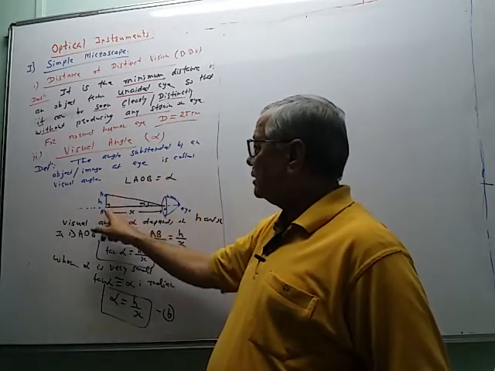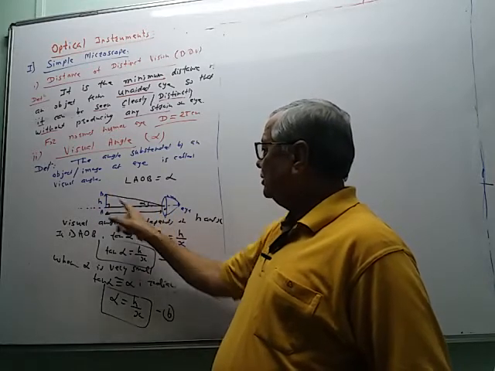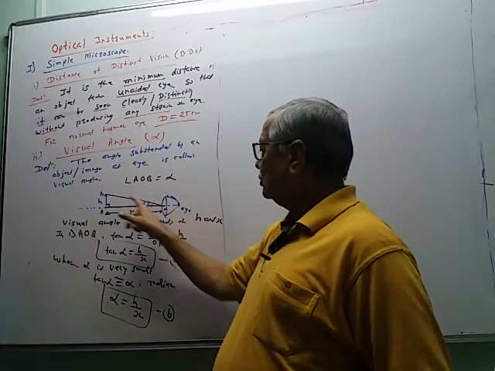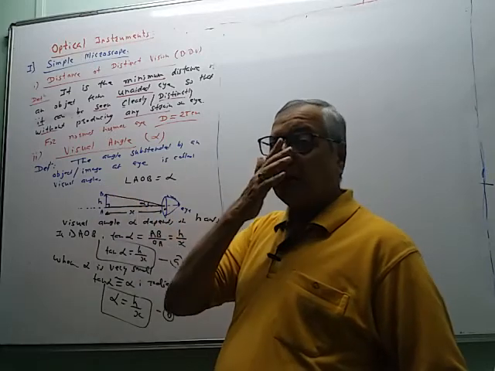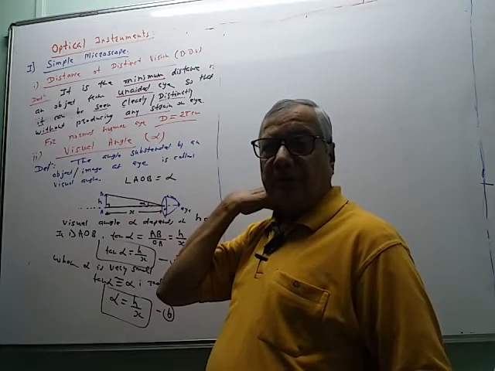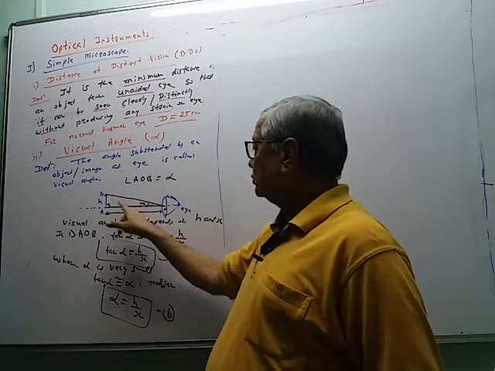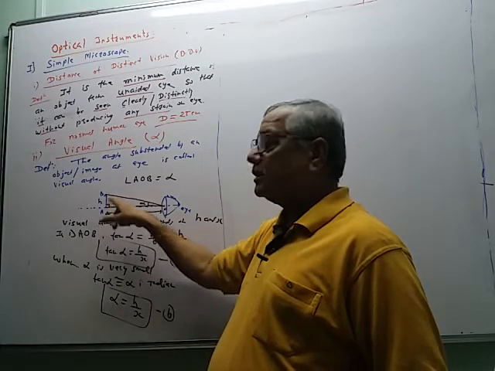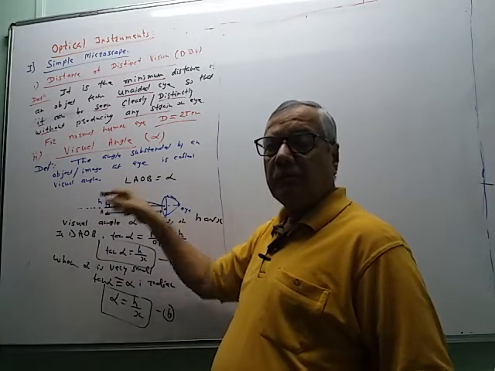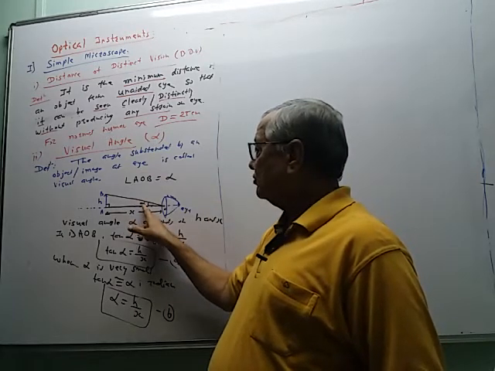So in this figure, AB is the object, this is the eye lens. O is the optical center. Join A to O, join B to O. These are the two lines. This is the plane angle, alpha is a plane angle. We also know the types of angles, plane angle and solid angle. This is a plane angle. This angle is 90 degrees because the object is always kept perpendicular to the principal axis of the lens, and therefore this is the visual angle.